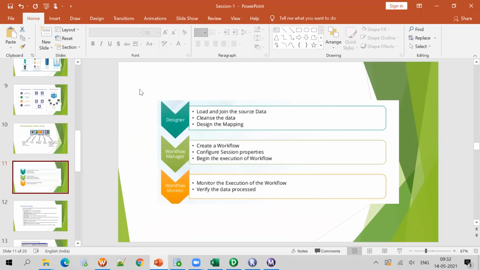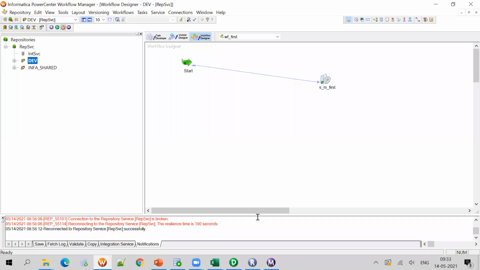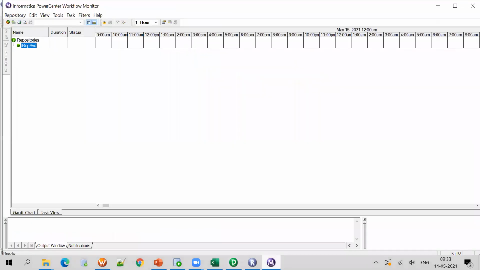It's a very easy tool. You can learn it very easily. But to become familiar with the tool, it will take a week of time. If you create the mappings, the sessions, and the workflows, within one week you will be familiar with the tool. You can play with the tool. Whatever we do, we will do in the tool itself.